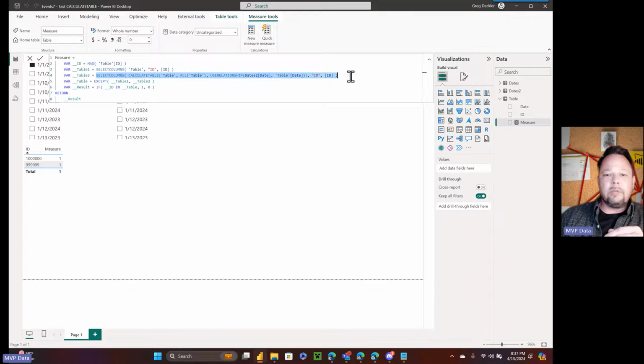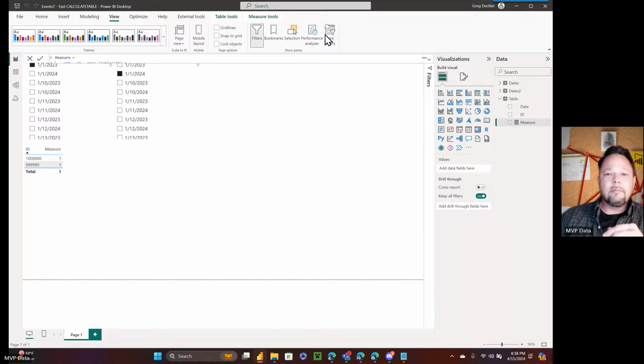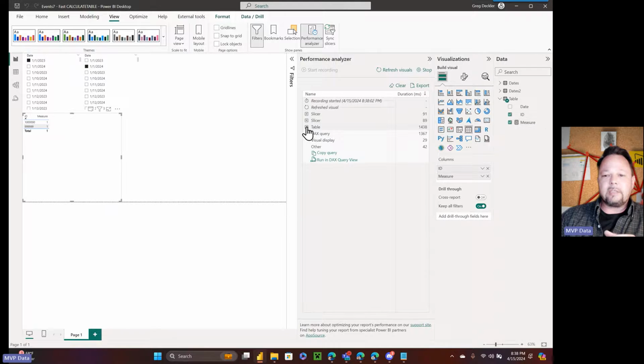We can then do the same thing, but use calculate table, use an except, if, same kind of concept, right? And when we do that, there you go. 1.4 seconds. Now the DAX query on that is 1.3 seconds, so that's the majority of it. But a huge improvement, right?